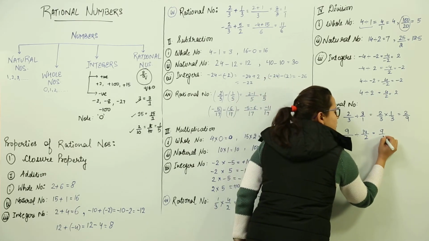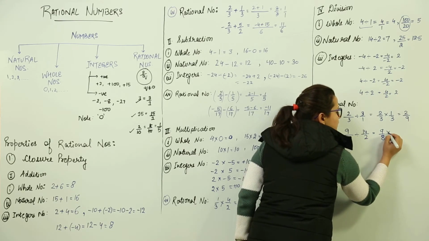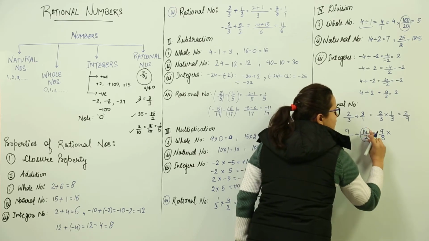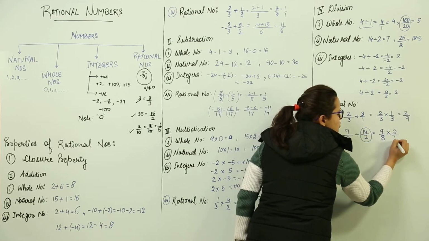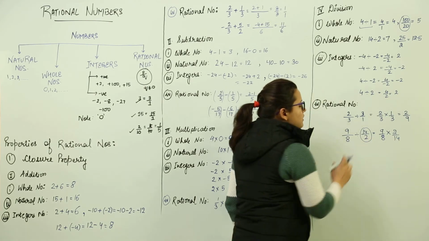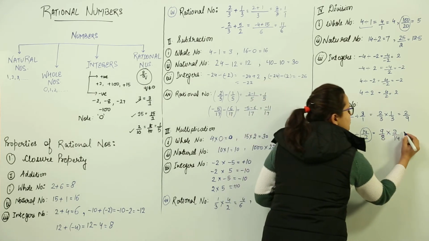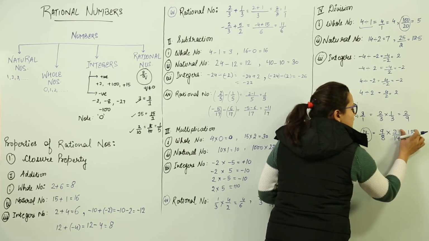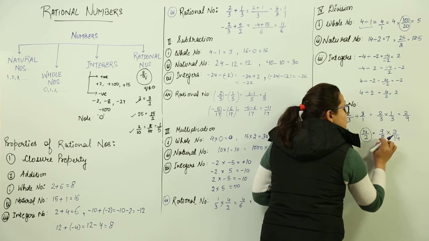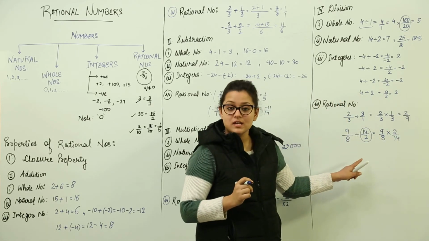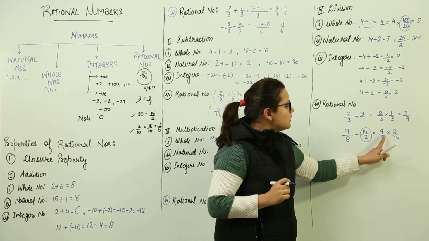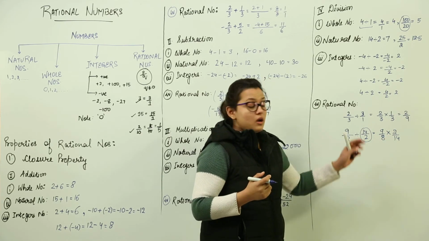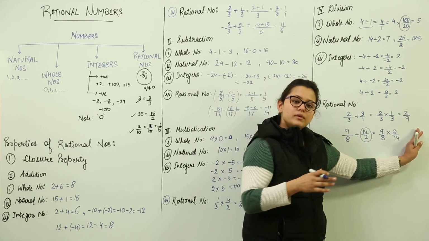The 9 upon 8 would remain as it is. The division sign gets converted into multiplication and the next value gets reciprocated. So this becomes 2 over 14. Now here you can multiply this. Do it this way: 9 into 2 becomes 18 and 14 into 8. But I would prefer that you do the simplification here itself because the numbers are small and they are all getting multiplied with each other. So we can do the cutting also. You can solve it and then simplify it also.